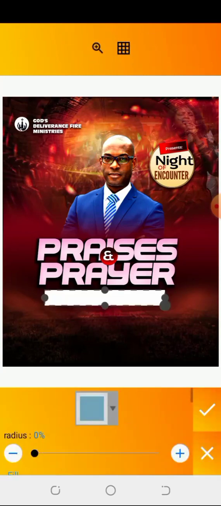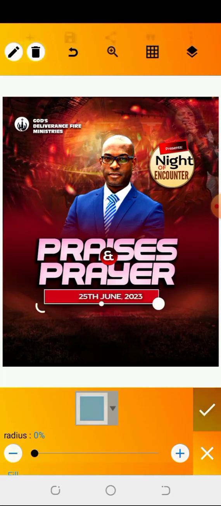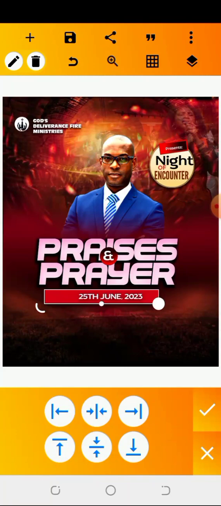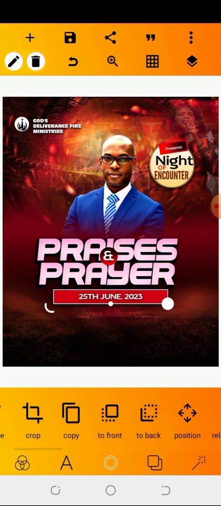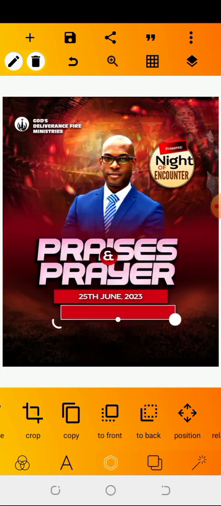I want to adjust the date box. So now good. So the other one is time. Copy this date box again. Copy. Put it somewhere